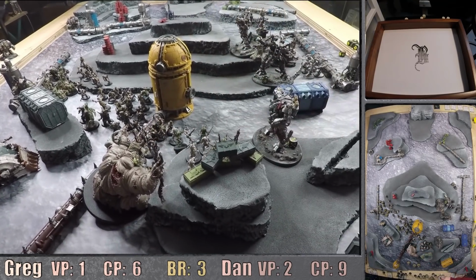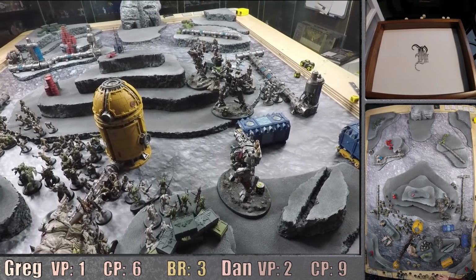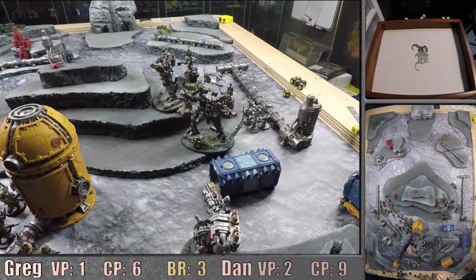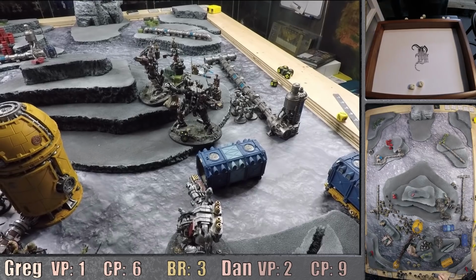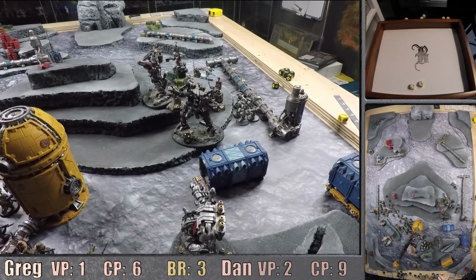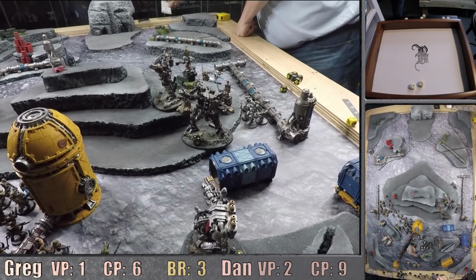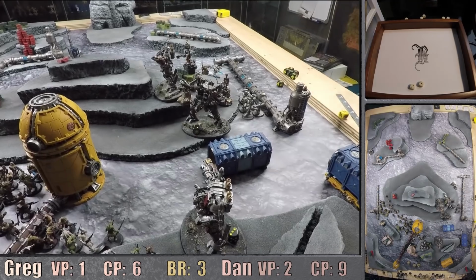Drago also has Sanctuary, which he will cast upon this Dread Knight here, the 2 wounds. I don't think it goes off with a 5. Nope, it needs 6. Nice. Okay. And then